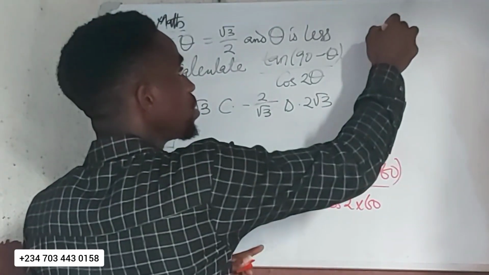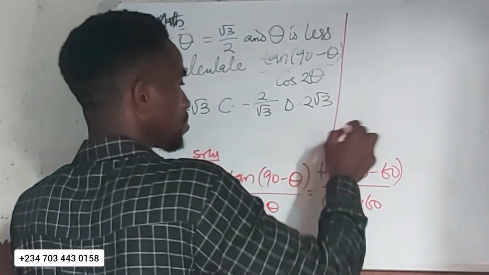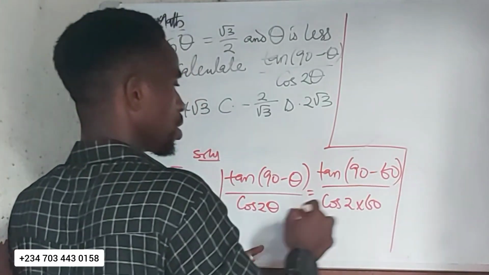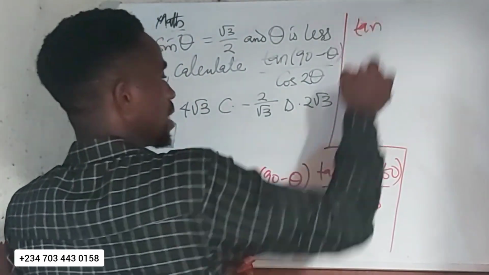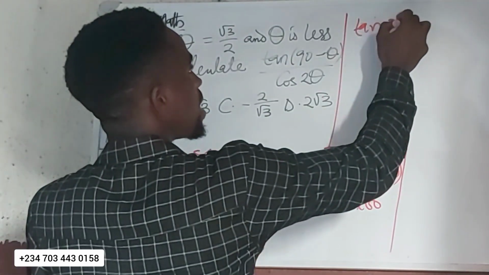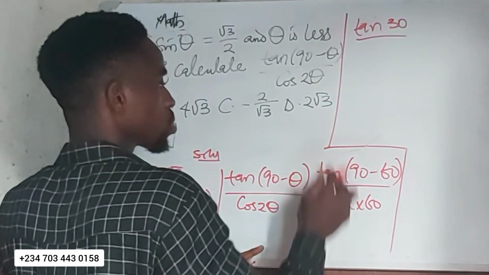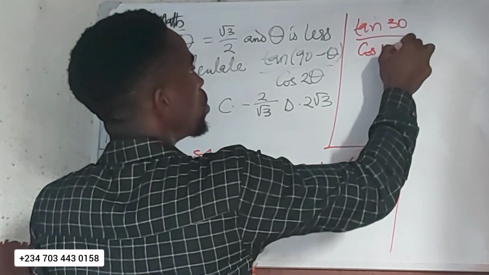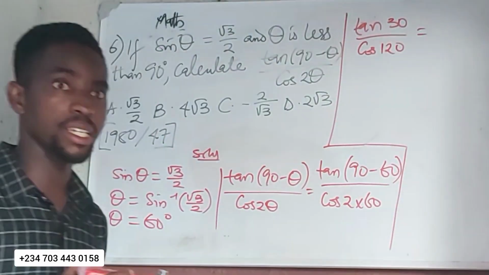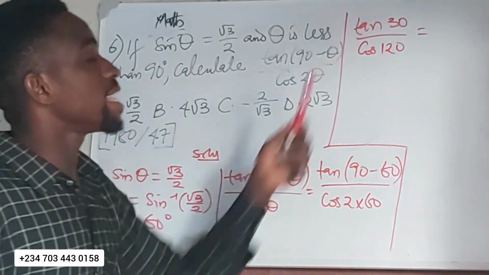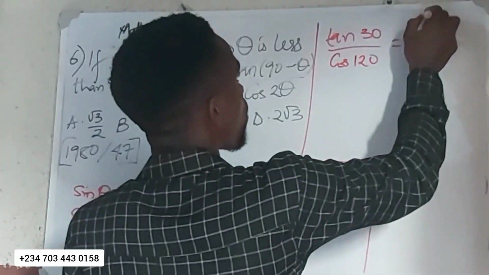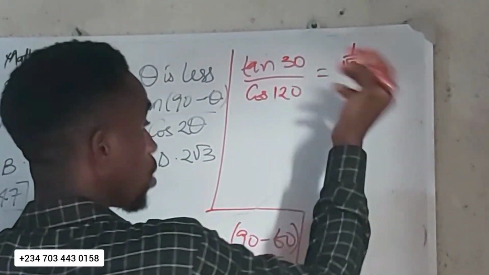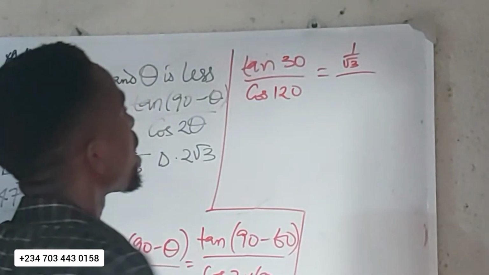And then when you do that, you have that this is going to be tan 90 minus 60 is 30 over cos 2 times 60 is 120. So this is going to be tan 30, which is 1 upon root 3 or root 3 upon 3 over